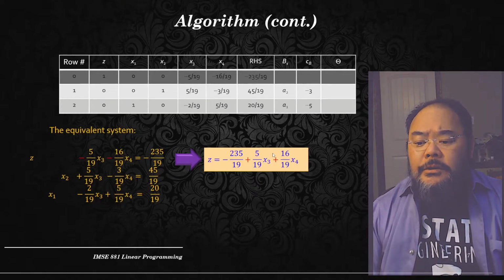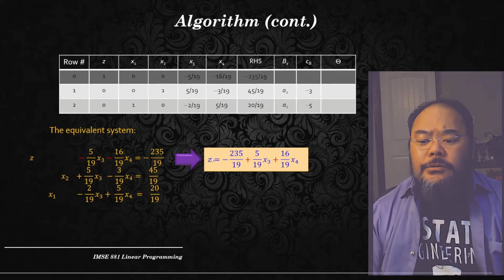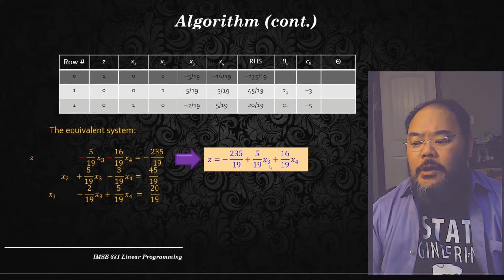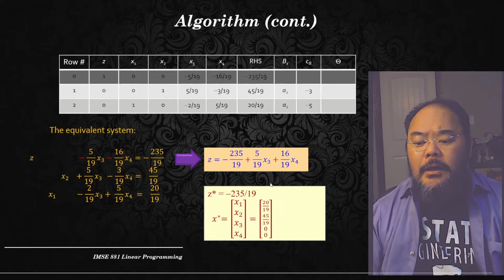If we increase either x3 or x4, actually, we are going to deteriorate the objective function z, since both of these are positive. So there's no way I want to introduce x3 and x4 into the basis anymore to improve my objective function. And at this point, we know we are reaching the optimal solution, and we can stop our algorithm,